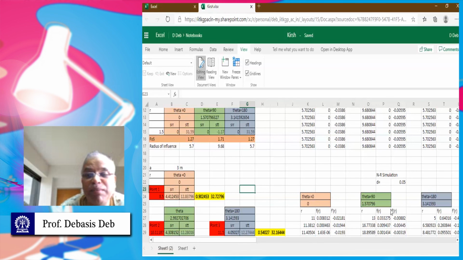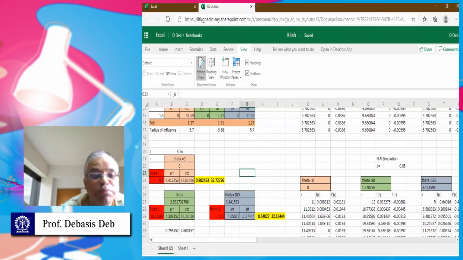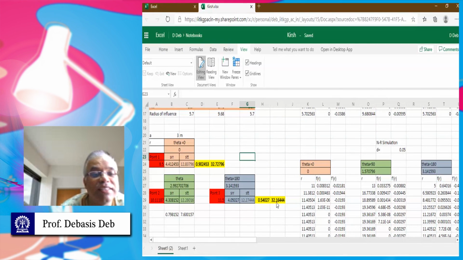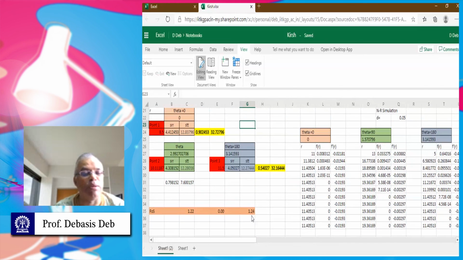Now similarly, what happened at point 3? I can also do it at point 3. The stress becomes 32.16, not much, because I am already coming towards in situ. Basically, it is already there. And here you see this is 11.5 meter because it is on the other side, 10 meter plus 1.5 meter there. Using that distance I have calculated. So here the safety factor goes a little down, from 1.27 to 1.24. So I'm still okay with this.